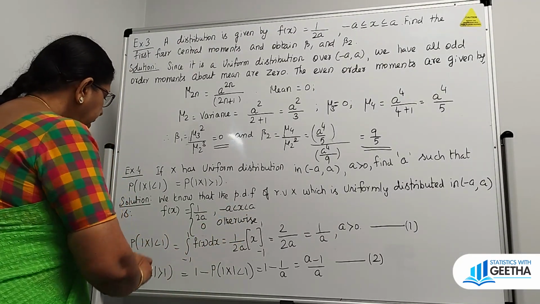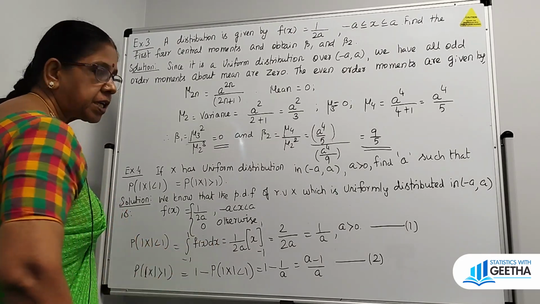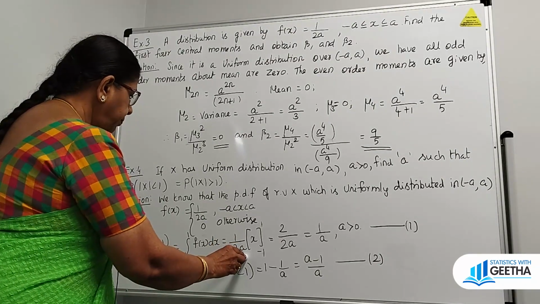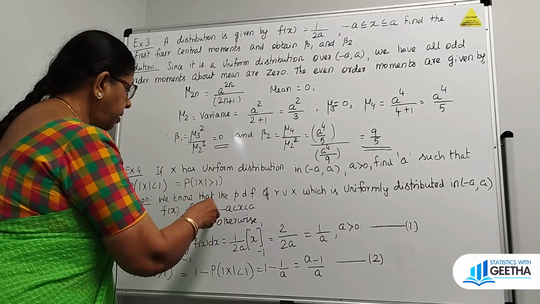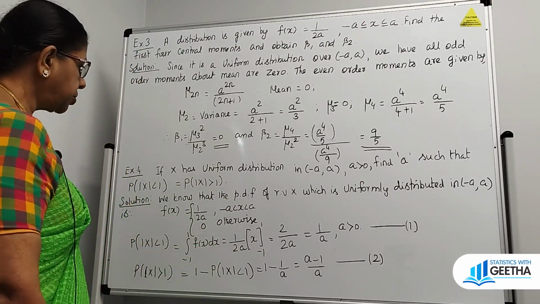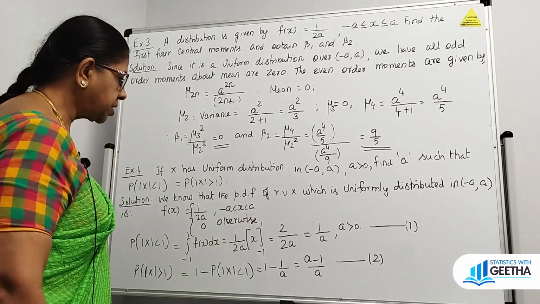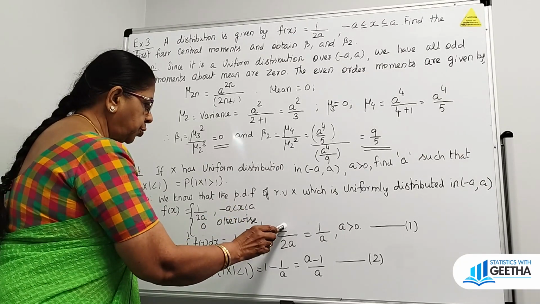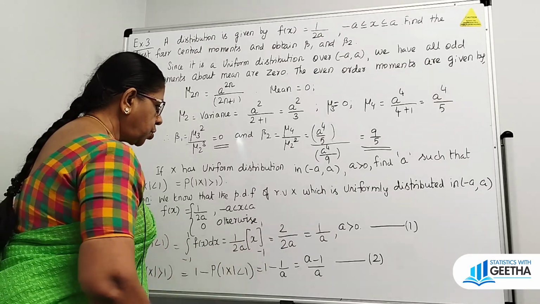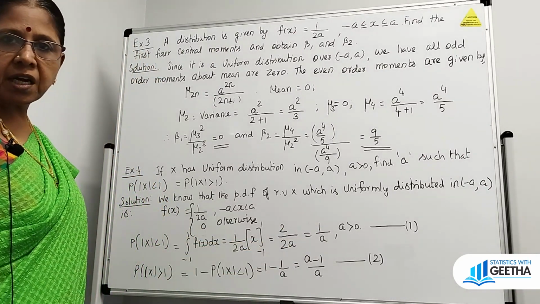இப்போ probability of mod x less than 1 நம்ம எப்படி எழுதலாம்? integral minus 1 to plus 1 f of x dx ன்னு எழுதலாம். ஏன்னா modulus x வரதுனால. அப்போ 1 by 2a ஏன்னா PDF வந்து 1 by 2a. ஸோ 1 by 2a dx ன்னு வரும். தட் இஸ் இன்டகிரேட் பண்ணும்போது x ஆயிரும் within the limits minus 1 to plus 1. அப்போ 1 plus 1 ஆயிடும் மேலே நியூமரேட்டர் இதில் வேல்யூ சப்ஸ்டிட் பண்ணால். ஸோ 2 divided by 2a, that is 1 by a where a greater than 0, that is taken as